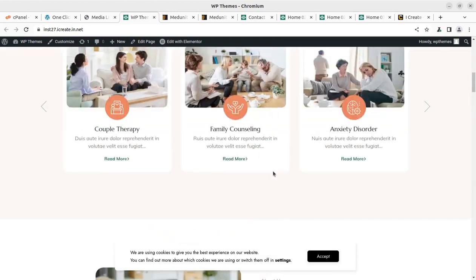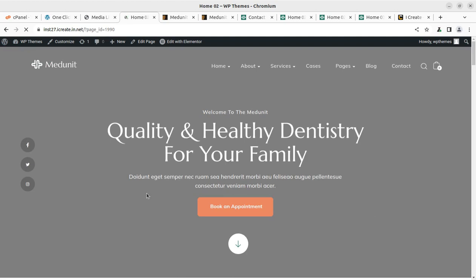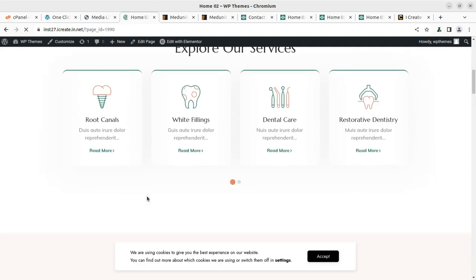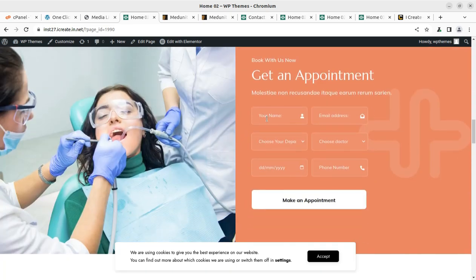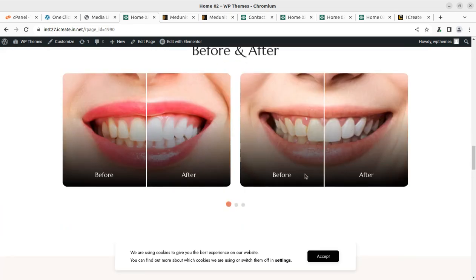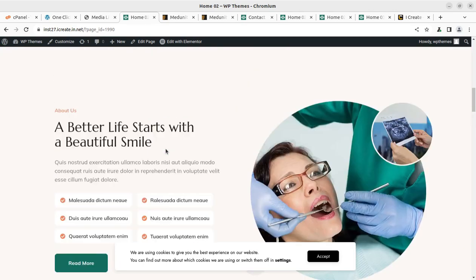Customizing our website, of course, and I'll show you the other pages as well. This is the second one. Yes, this is also good, and it also has the complete content. Really wonderful. And the appointment features, we can see this is basically for dentists, clinics, and all the home pages,